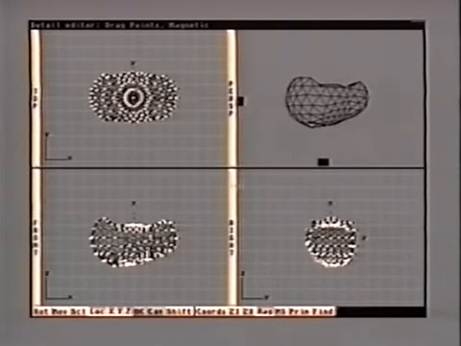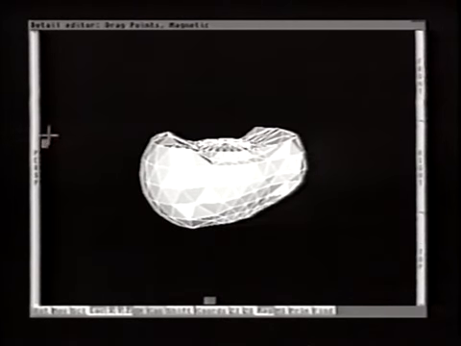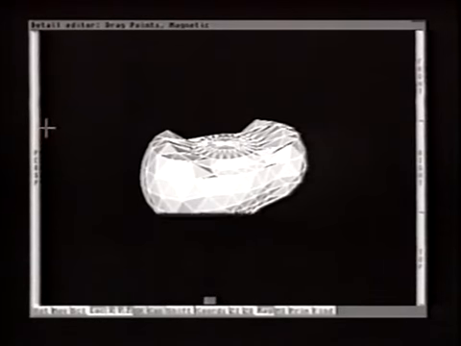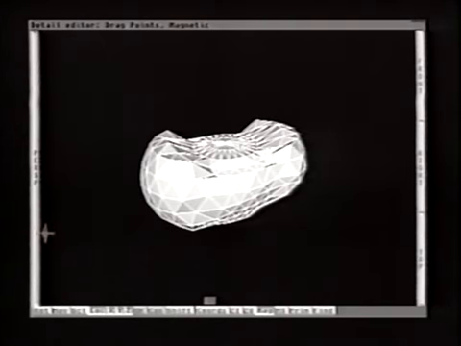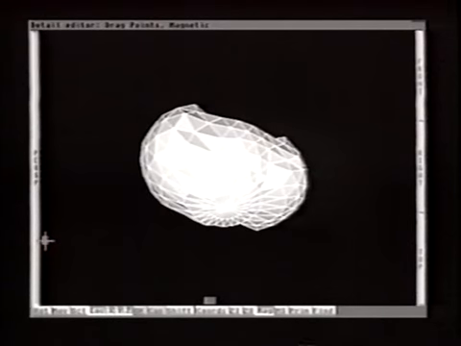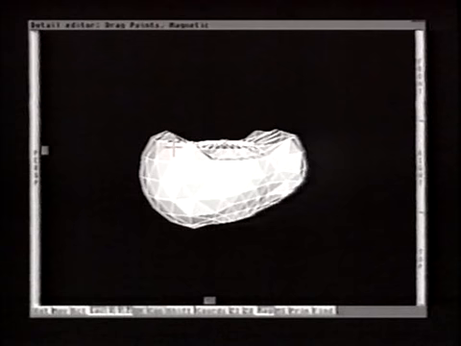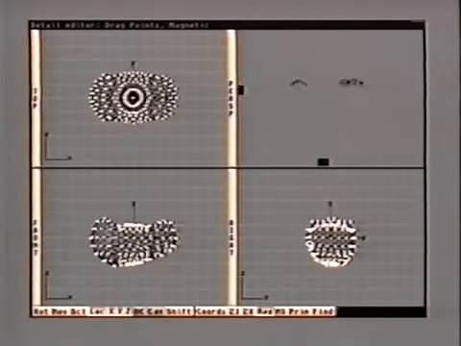Now we can go to our perspective mode, and we can see what we have. You see we have more of an organic shaped object. We can continue to adjust our magnetism setup and continue manipulating the object until we have exactly what we want it to be. Which in this case, if we wanted to make a peanut from a sphere, we could go